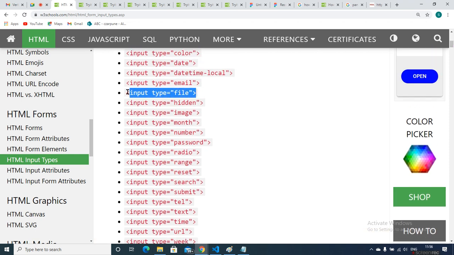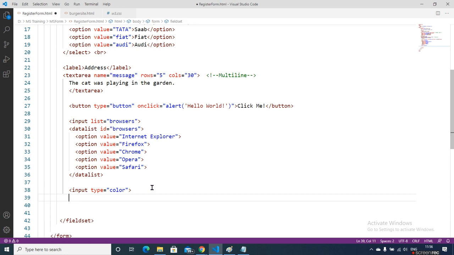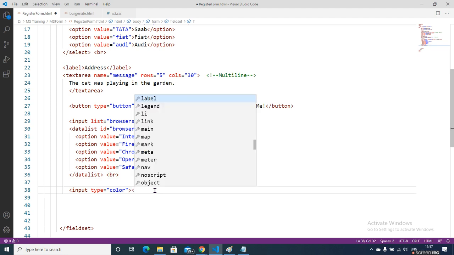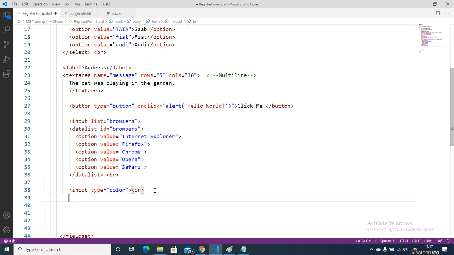file. In many places you can see there is an option to upload your resume. Some options are there like upload your resume. I'll go here, I put break here. Break means new line on a page. Okay, I put a break here also, and I add one label here. Upload your CV.